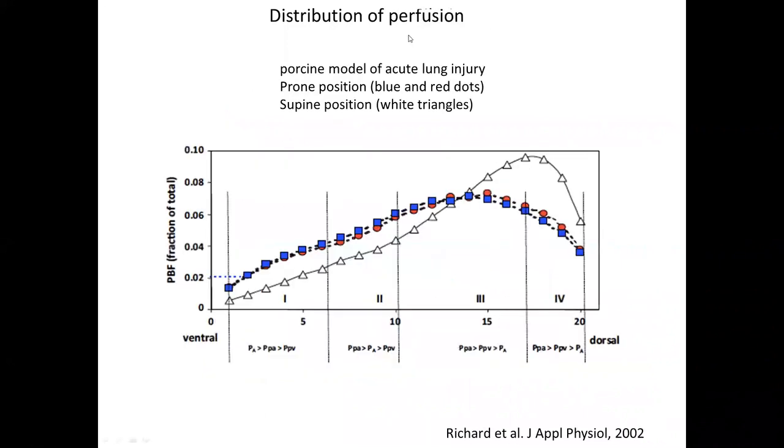perfusion? So here is the graph showing the study of perfusion in the porcine model of ARDS. In supine position, perfusion is distributed more toward the base. It makes sense because blood is like water and heavier than air, so it distributes more toward the dependent zones of the lung. As we flip the patient from supine to prone, the distribution of perfusion doesn't change that much. And so, combining the improvement in distribution of ventilation and the unchanged distribution of perfusion, the VQ matching may